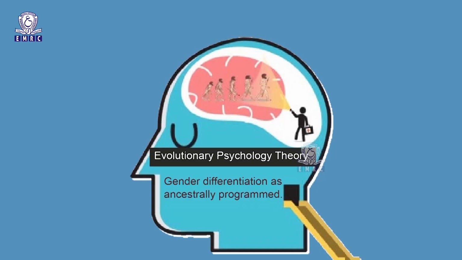Biologically oriented theories have also been proposed to explain gender development and differentiation. Evolutionary psychology is one such theory that views gender differentiation as ancestrally programmed. The ancestral origin of differences in gender roles is analyzed in terms of mate preferences, reproductive strategies, parental investment in offspring, and the aggressive nature of males. Viewed from this perspective, contemporary gender differences originated from successful ancestral adaptation to the different reproductive demands faced by men